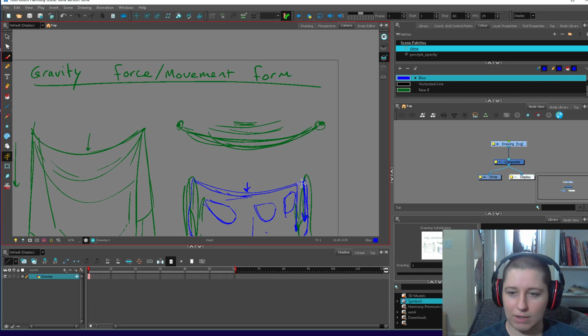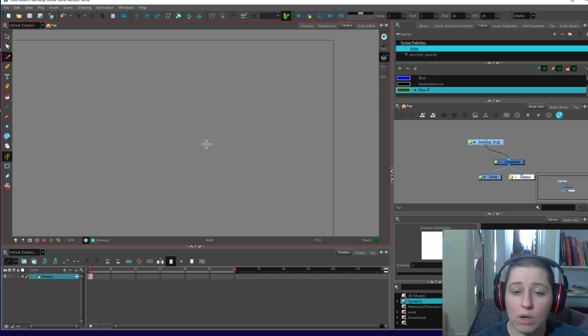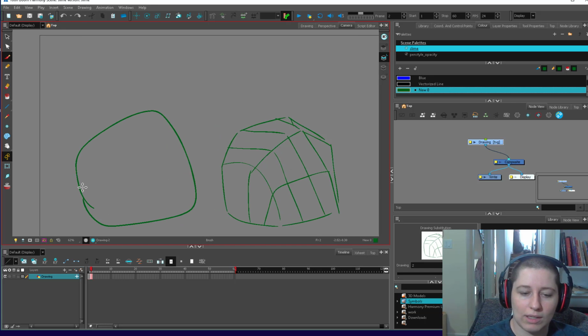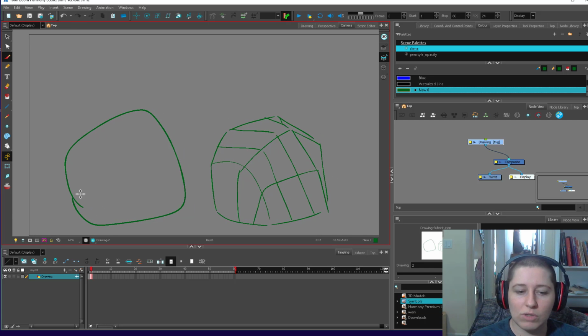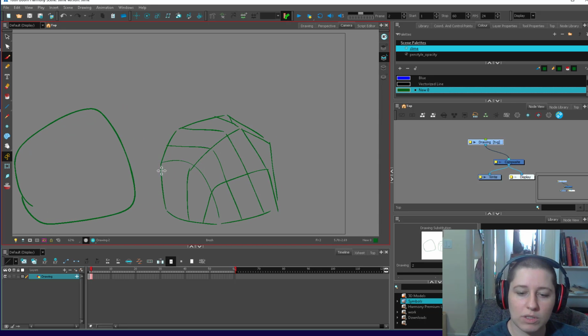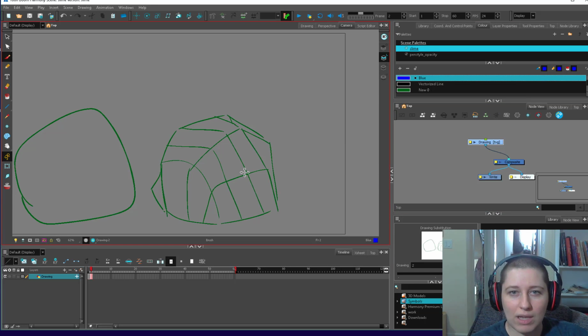So it's a lot of stuff to think about as you're going. Another thing about goop is it's very dependent on form. Let's say we have a rock, and this is why I highly encourage people to get into form drawing, because here I can give this rock a form that's a little bit more educated than if you just drew a rock like this. It doesn't really give you the landscape of it. But if you can give your object a little bit of form, just like this wire frame, then you can start to give yourself a better idea of where your fluids and stuff are going to be flowing around,